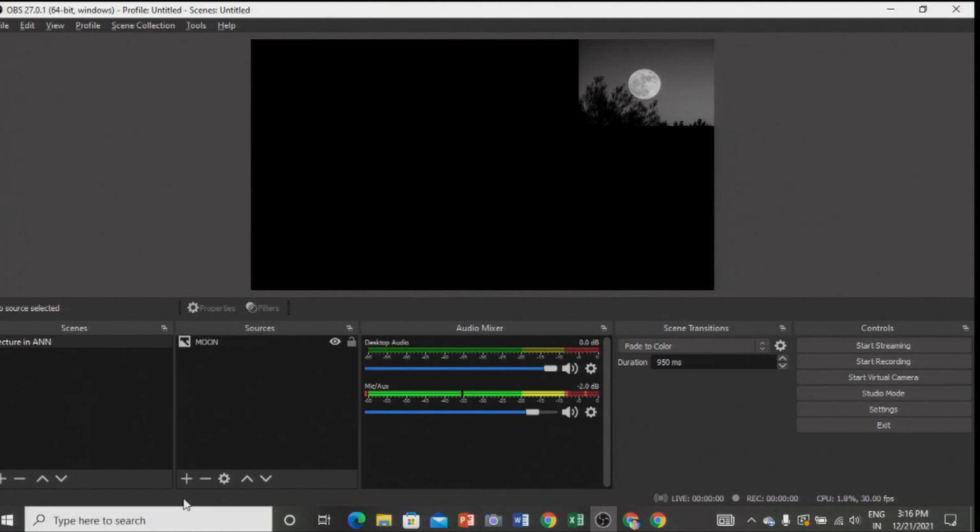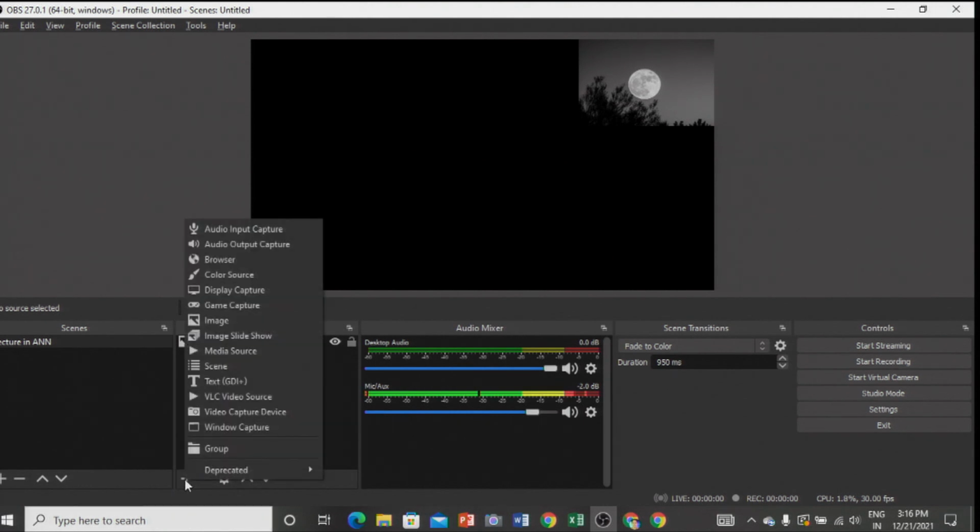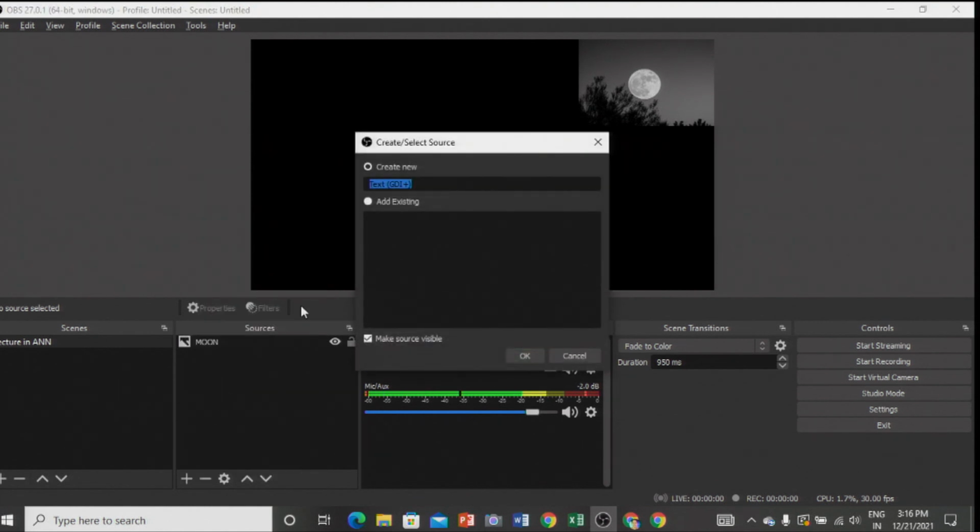Now let me add some text. Again I am clicking on plus, then I am selecting the text box. Now you can rename that text box also. For example, I am giving the name hello text box, right? I am telling OK,